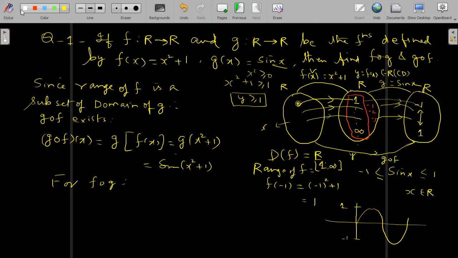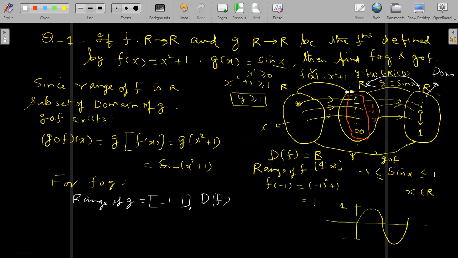So when you go in this order, this will become the domain, and here it will become the range. So the range of g is -1 to 1, and the domain of f